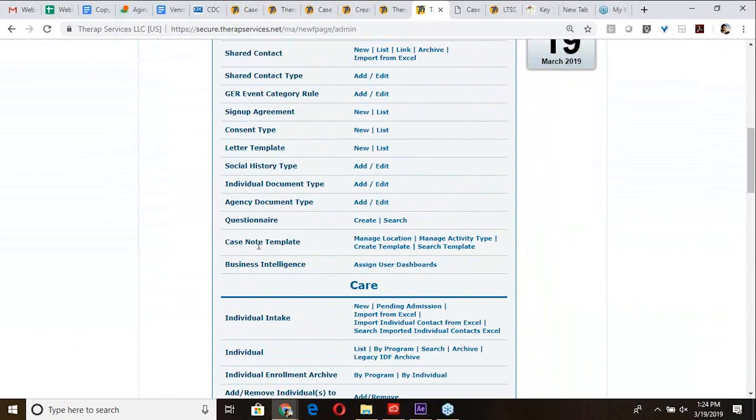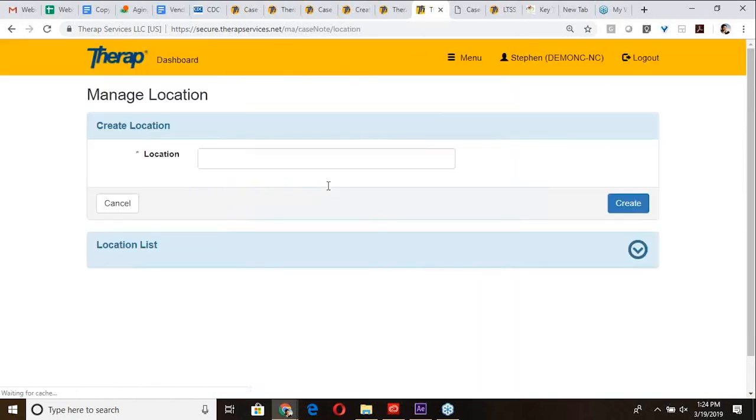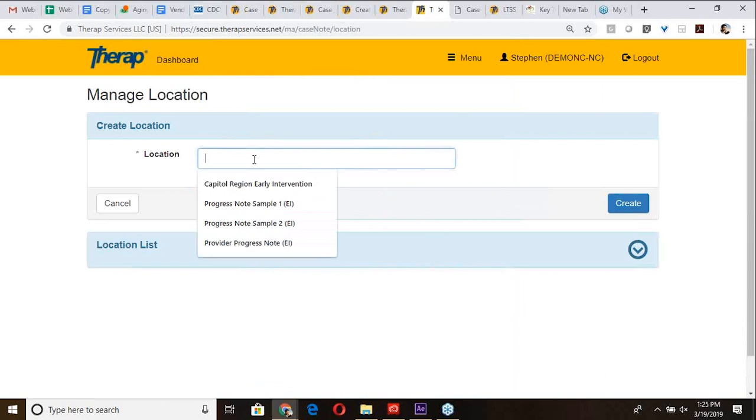All right, so we are going to start with your case note templates, and we're going to start with managing what your applicable locations are and your activity types. When I go to manage locations, I can write in a location name. So if I'm looking at a